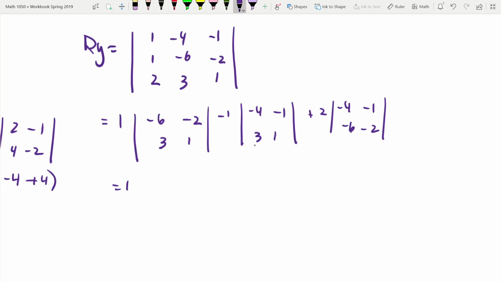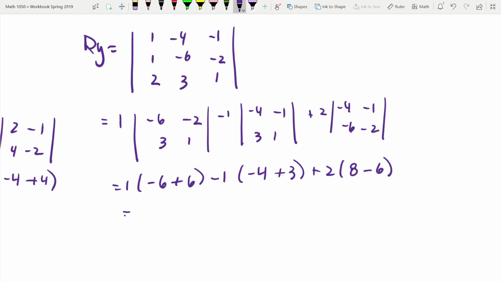Do the cross multiply thing. Negative 6 times 1 is a negative 6, minus 3 times negative 2 is a negative 6, minus a negative 6 is a plus 6, minus 1 parenthesis. Negative 4 times 1 is a negative 4, minus 3 times negative 1 is a negative 3, minus a negative 3 is a plus 3, plus 2 parenthesis. Negative 4 times negative 2 is a positive 8, minus negative 6 times negative 1 is a positive 6. Put this in your calculator, and you get